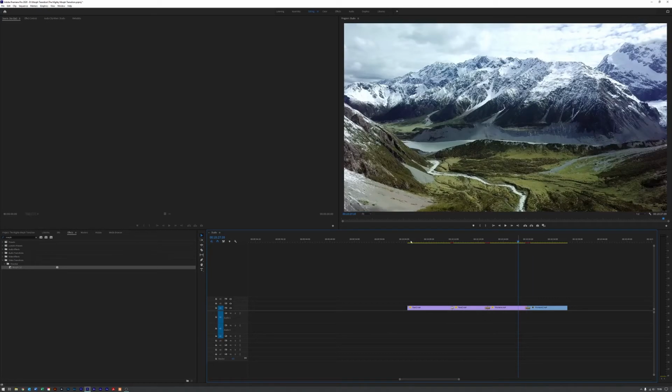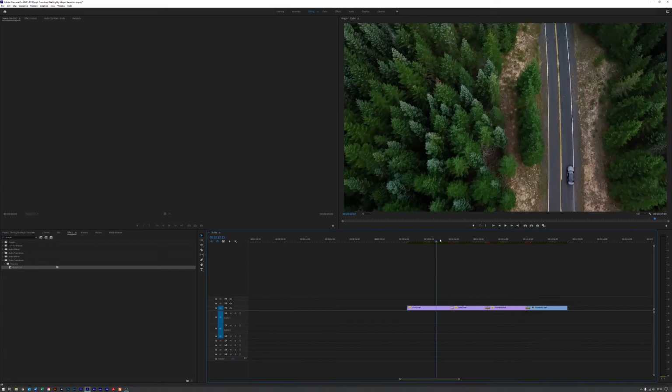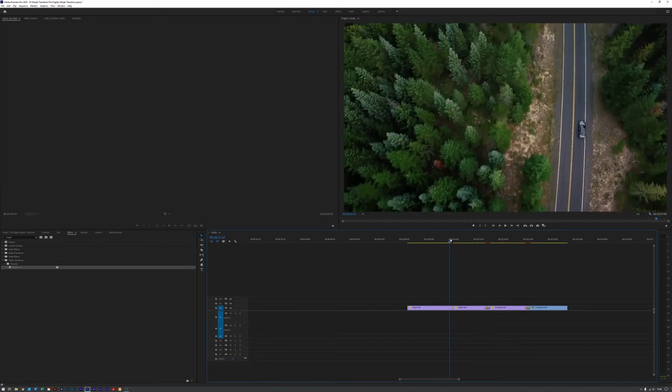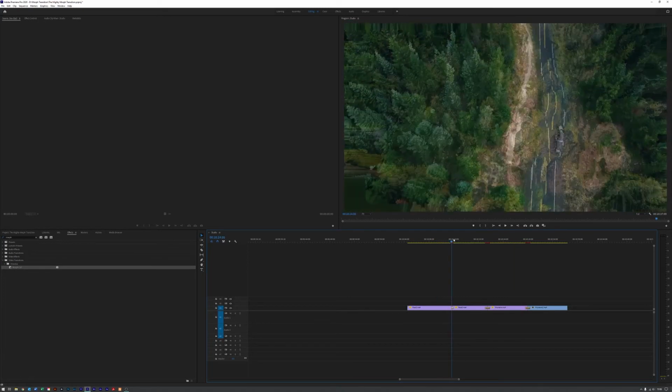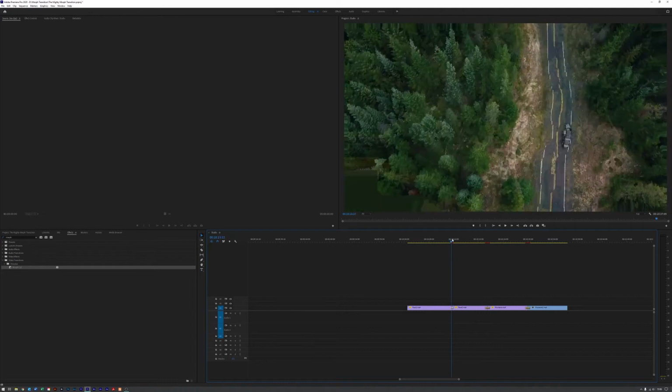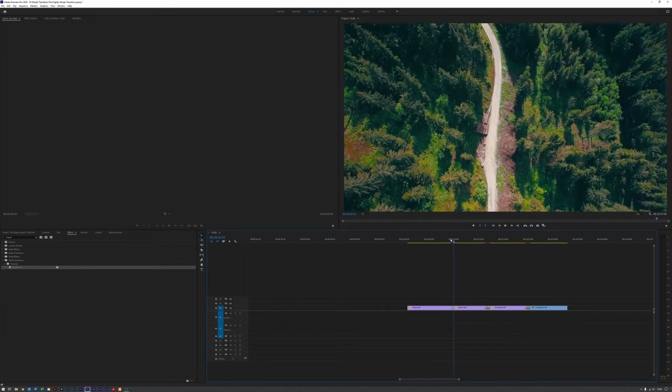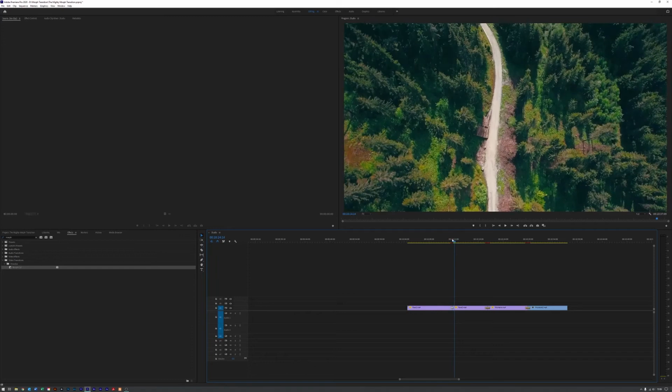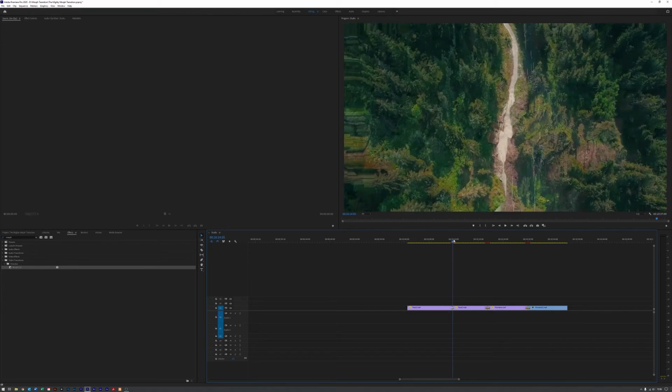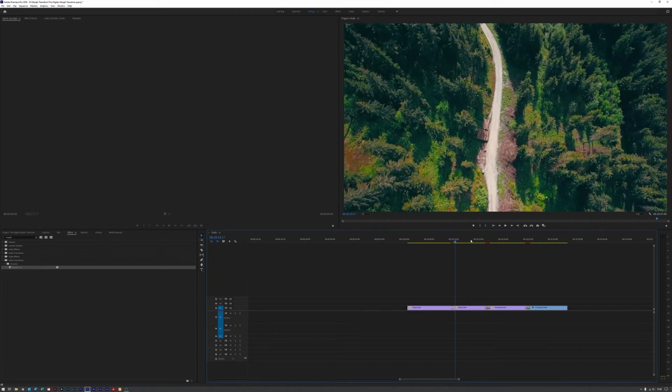Okay, so it's finished, it's all done what it's supposed to do, and it's now analysed everything. If we just scrub through, you can see exactly what happens. We'll just slowly scrub through this bit here. You can see it morphing, and look at that. It tries to put the road in a similar place as best it can, but it's moved those trees across and morphed into those other trees, which looks pretty cool.